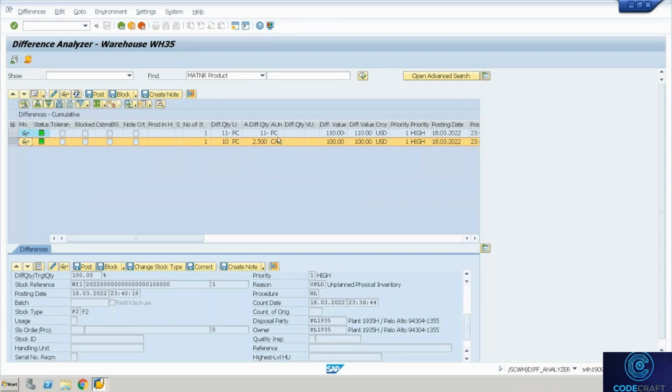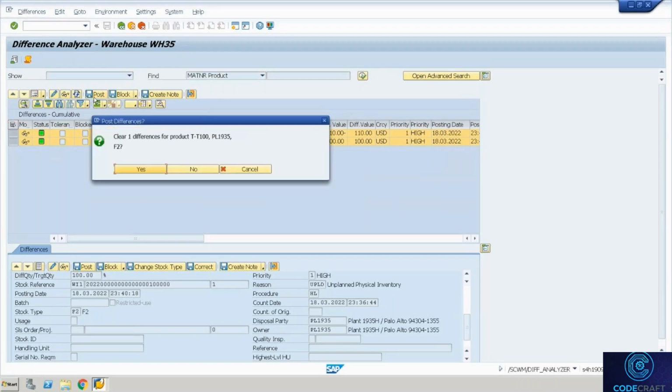Okay. You can see when I entered the count, I replaced carton by pieces. So that's why it's trying to post and say, you are removing, you're not having any more cartons in systems. So this material 10 pieces equals to 2.5 cartons. I said, I just have 11 pieces, I don't have cartons. So it has replaced 2.5 carton with 11 piece. So a different stock unit has been created. That's fine, we will do the posting and I'll say yes, yes,